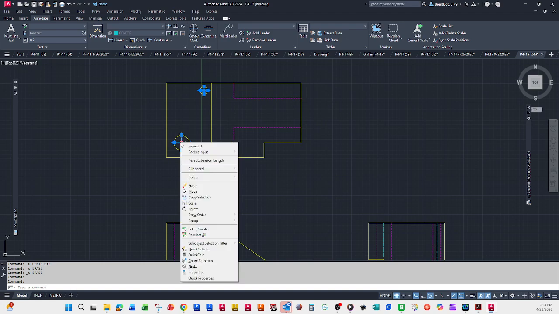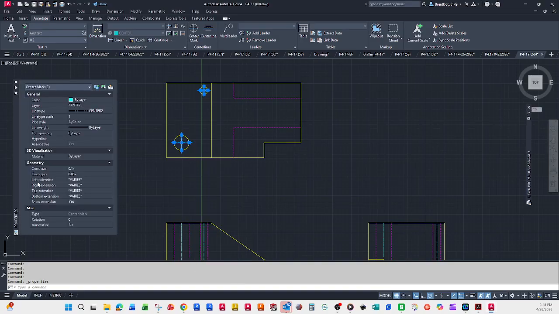Then right click on it, go to properties, and your property box will pop up. I don't know why it shows that they're different, but in this case we'll just set them all to 6,